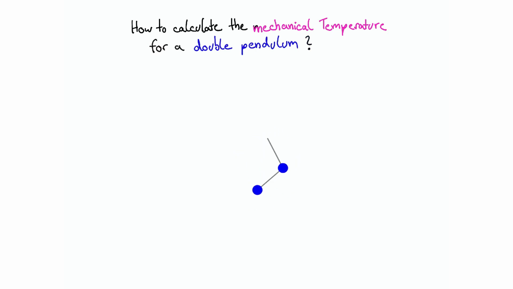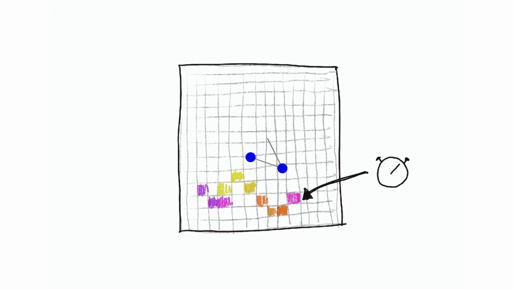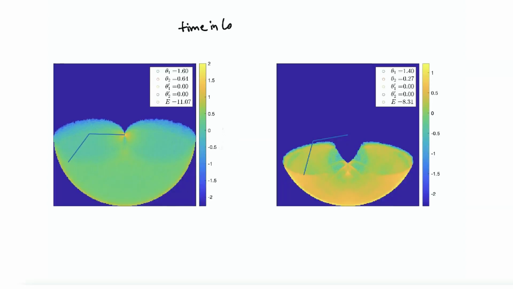To see what a location density might look like, I ran the simulation over a grid and counted the time that the pendulum was in each pixel. Different colors show different times. The result is as follows. The colors show the time in seconds on a logarithmic scale. In the middle pixel, the pendulum was 200 seconds. The graph shows the simulation for an energy of 11 joule and the other one for an energy of 8.3 joule. In addition, the initial position of the pendulum was plotted.